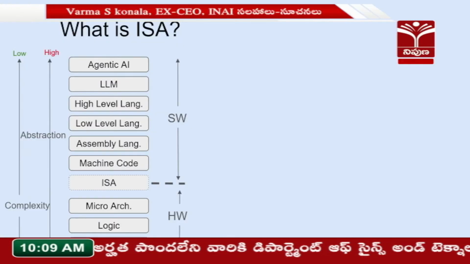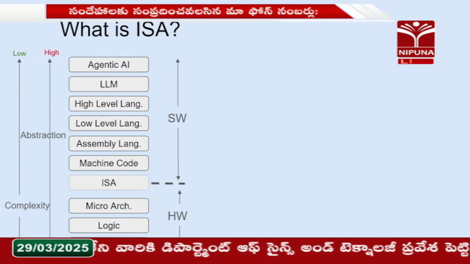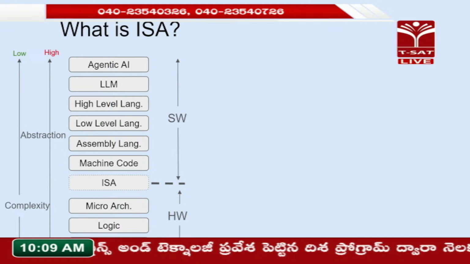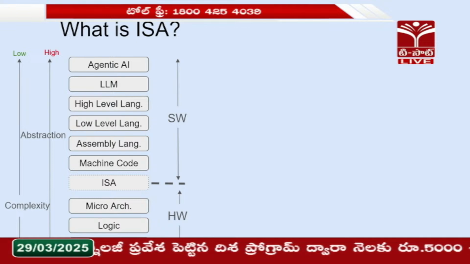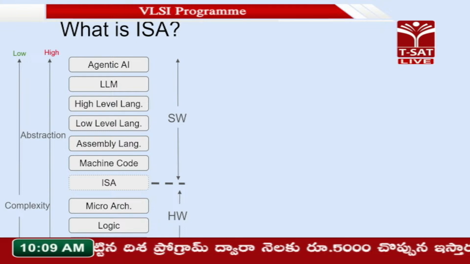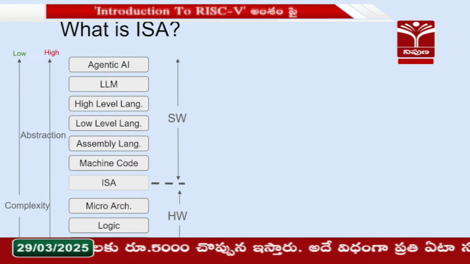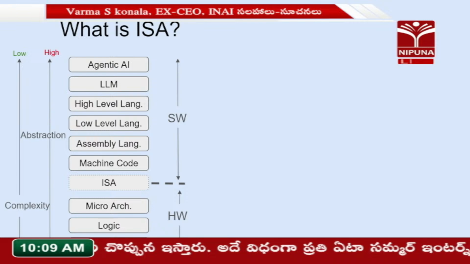So let's get to the first thing, what is an ISA, instruction set architecture. If you see the picture, at the very bottom level, since most of you are VLSI engineers or general engineering folks, I'll get a little bit into the entire stack of what happens from the very bottom to the top. At the very bottom in the chips you have transistors, and those transistors are put together for logic gates, AND gates, OR gates. Using those gates you get a microarchitecture, with arithmetic logic units,